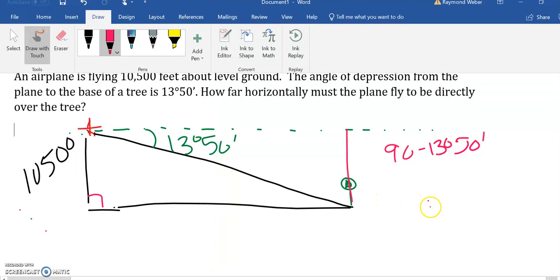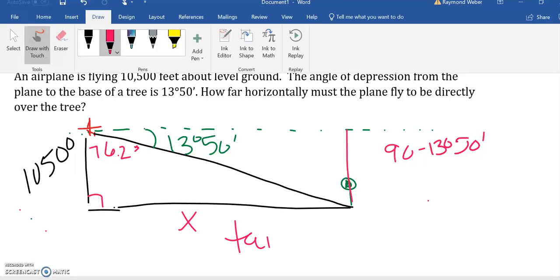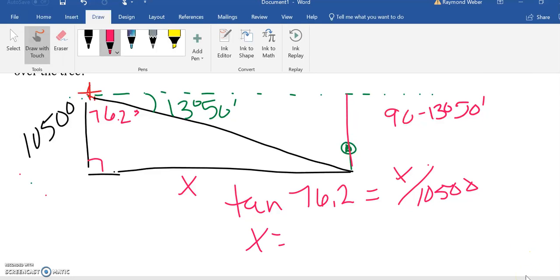So I'm about 76.2 degrees up there. But I'm not rounding because I don't want to round until the end, but approximately to put it in there. Then what I'm going to do is I need to find this over here, right? Well, I already know this 10,500, so I know my two legs. So it's going to be easiest for me to use the tangent. So the tangent of 76.2 equals opposite x over adjacent 10.5. So that means x, what I'm looking for, is 10,500 times the tangent of